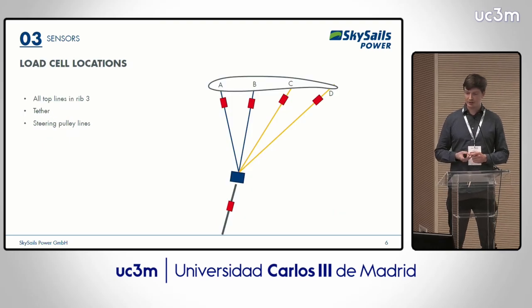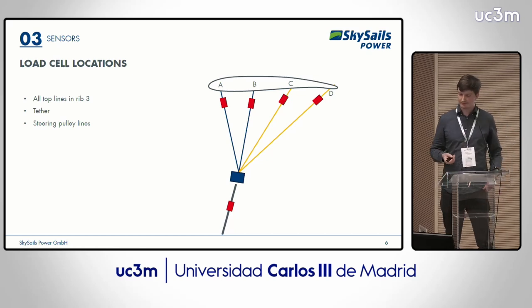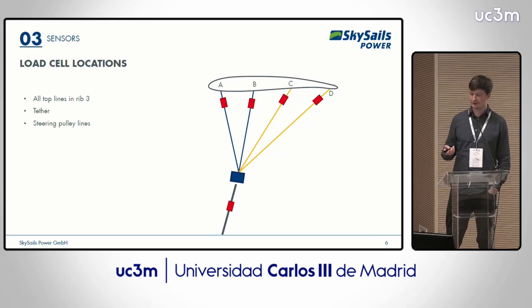Then we also measured a lot of different line forces. For example, we measured all the lines attached to the third rib, measured from the center of the kite. And then obviously the tether force. And we also measured the forces in the steering pulley lines. So we use a steering pulley system